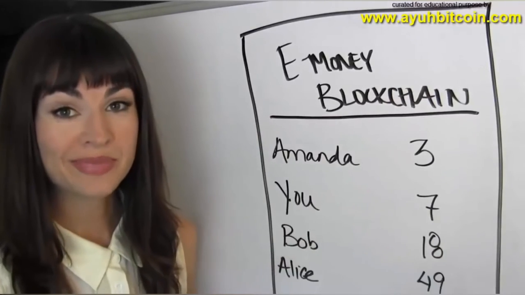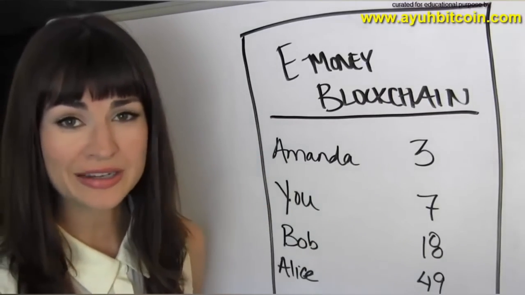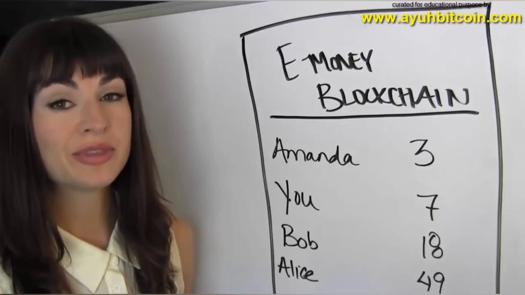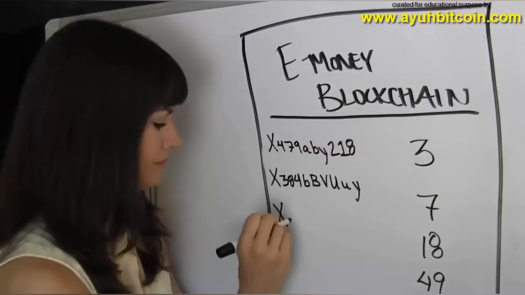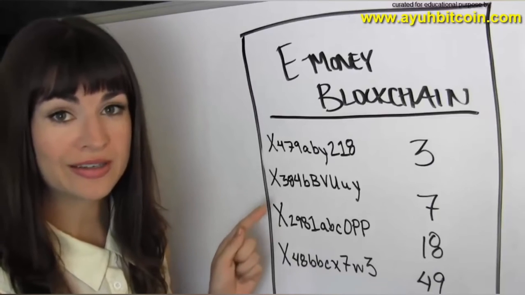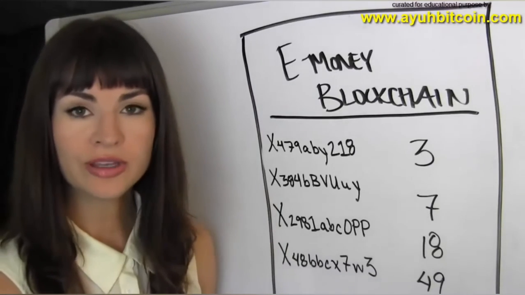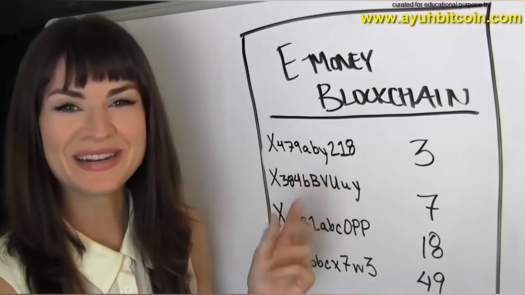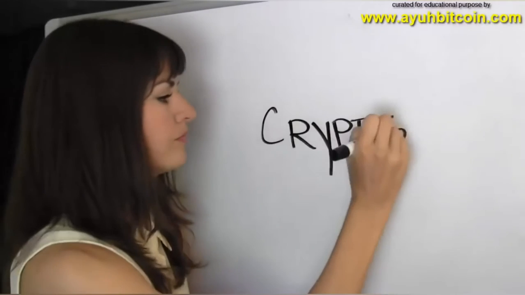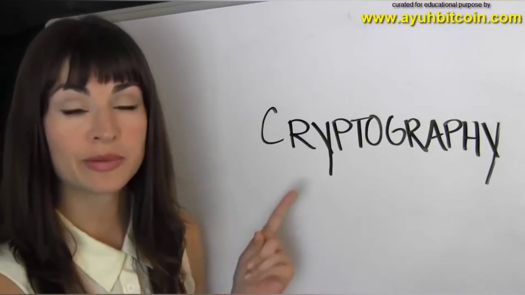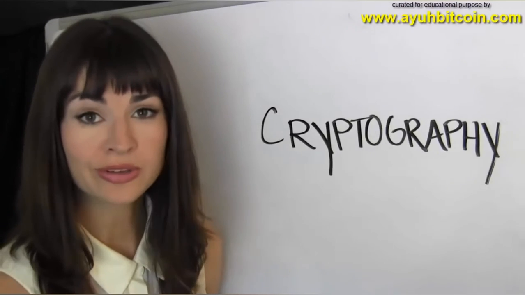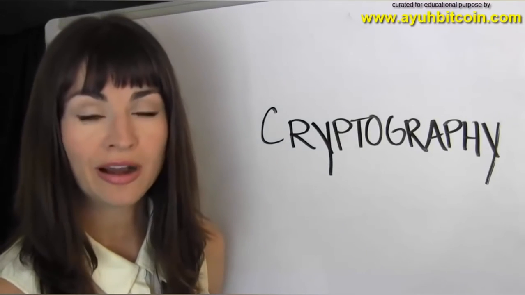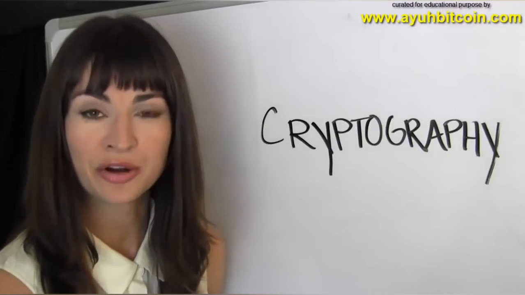What you need to know now is these accounts. They're not actually tied to your name. That wouldn't work at all. Accounts on a blockchain actually look something more like this. Long alphanumeric addresses, which are actually longer than these, are totally unique, and you can own as many of them as you like. What does this mean? What is this witchcraft? Well, it's based on a form of math called cryptography, actually, and you are totally smart enough to understand it. So hop on over to episode 3 to see how cryptography allows us all to have accounts on a blockchain.